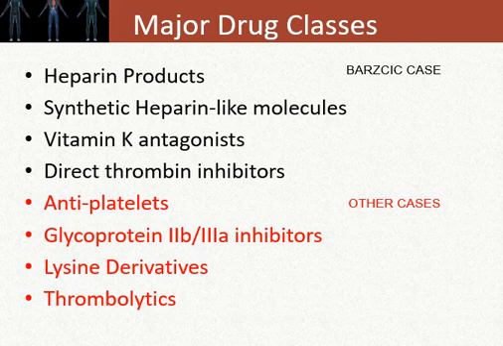Okay, so there's several drug classes that affect the coagulation cascade pathway. And so what we're going to do is focus on these 4 for this case. We're going to talk about heparin molecules, as well as heparin-like molecules or synthetic heparin molecules. We'll talk about vitamin